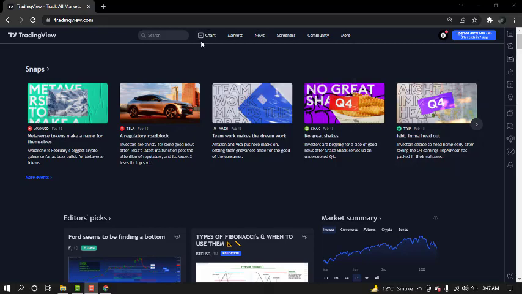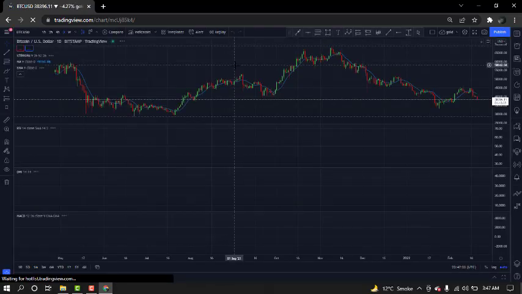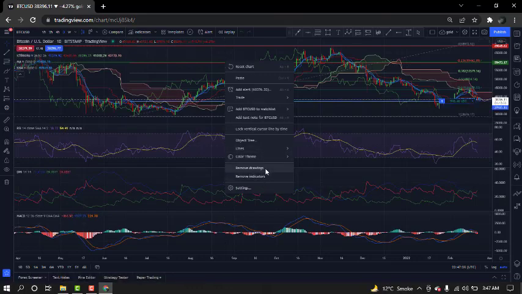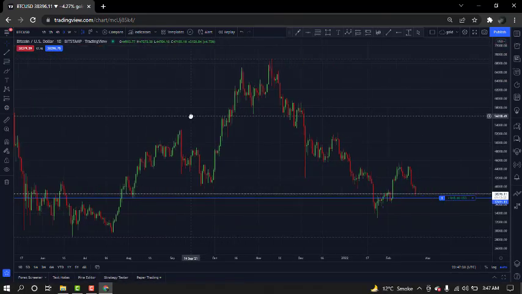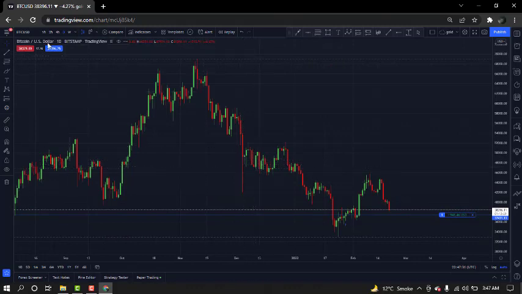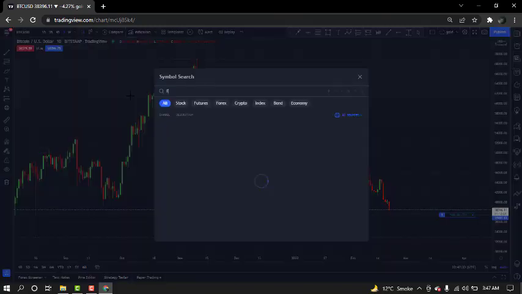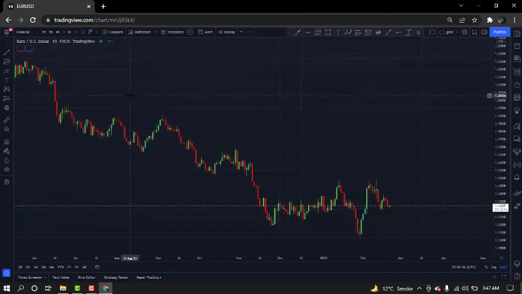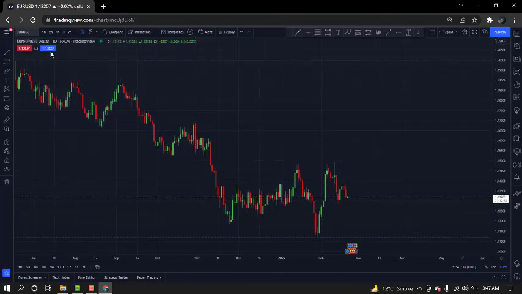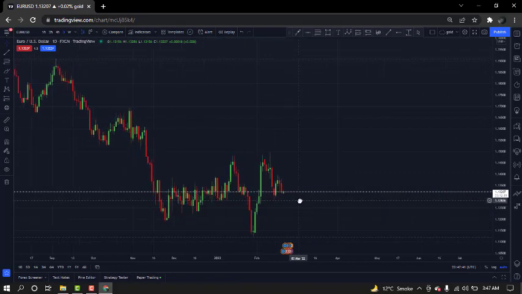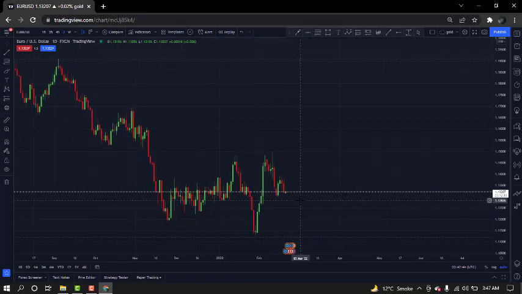So let's get started. Here we are in TradingView and now in charts. Let me remove all of these charts and drawings and indicators. So let's start with Euro USDT. This is the Euro to USD pair. Like I said in my previous video, these are the candles, and the toolbar and the indicator section and the other options we already talked about.